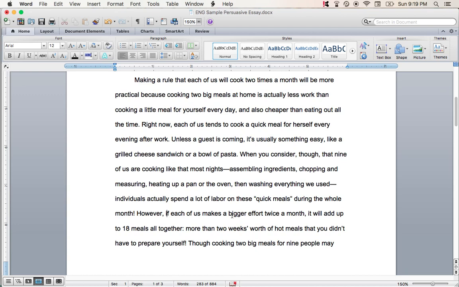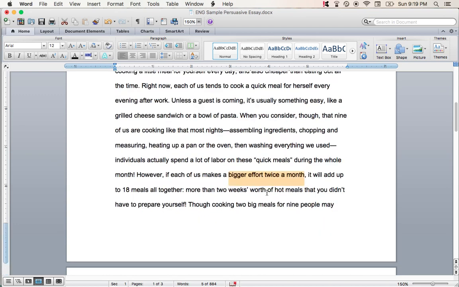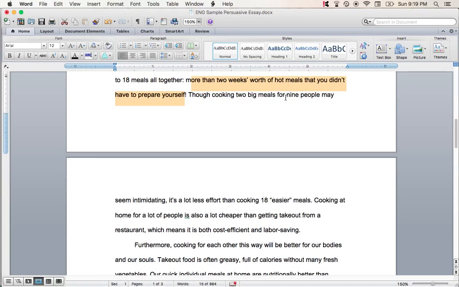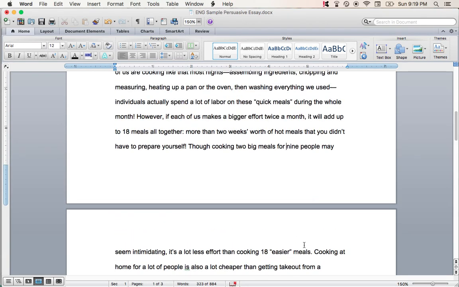However, if each of us makes a bigger effort twice a month, one big meal twice a month, it will add up to 18 meals altogether, because there are 9 roommates. So 18 meals, if that's dinners, that means more than 2 weeks worth of hot meals that you didn't have to prepare yourself. Though cooking 2 big meals for 9 people may seem intimidating, it's a lot less effort than cooking 18 easier meals. So all of these sentences,